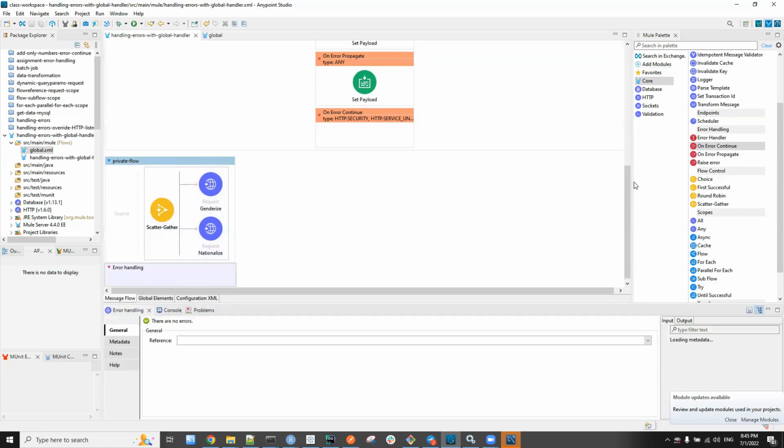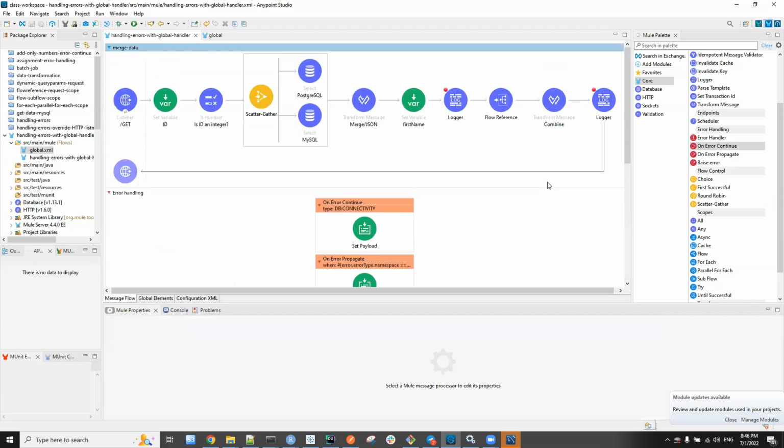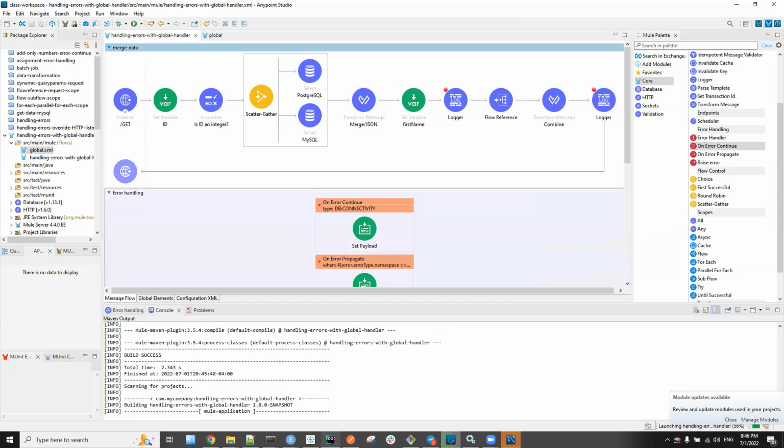It doesn't have an error handler. As you can see, this block is empty. So if it is empty, it has to be handled by the global error handler. So we will see the sequence by running this one. So stop this and run it in debug mode.